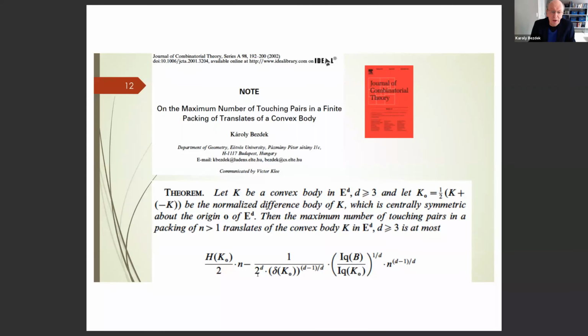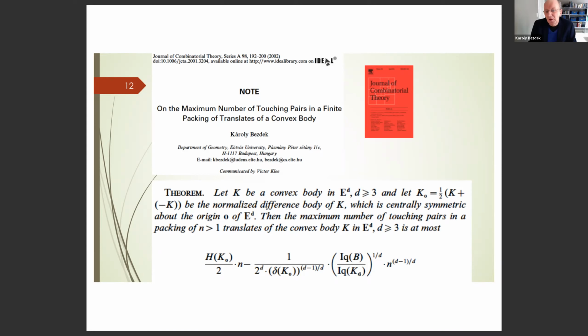So the formula has these two quantities showing up there, and there is a linear part here and a kind of isoperimetric part where n is raised to d minus 1 over d, and the coefficient is a bit complicated,